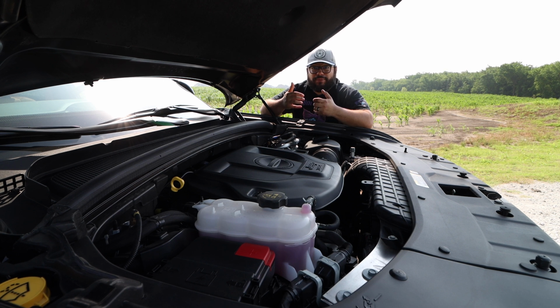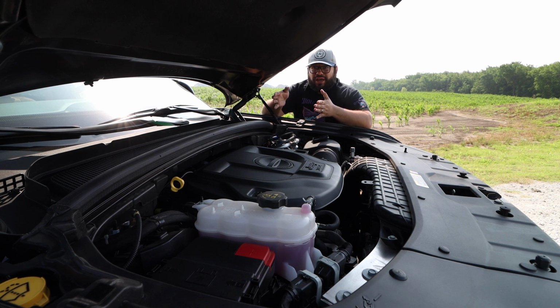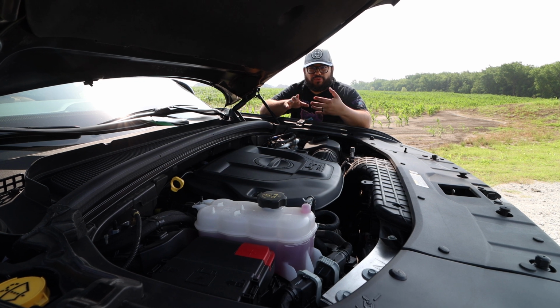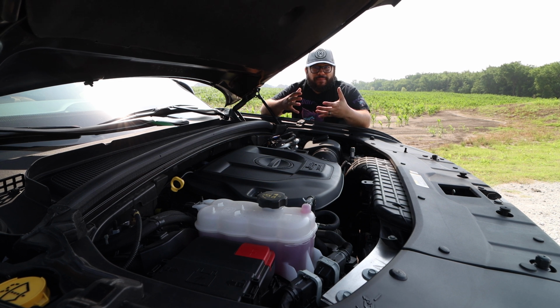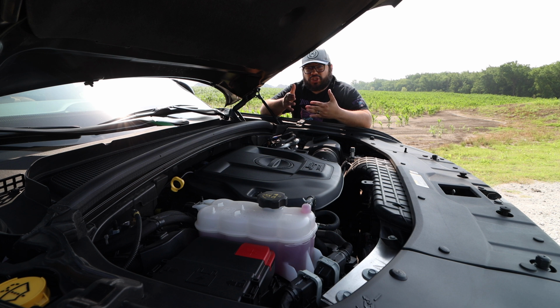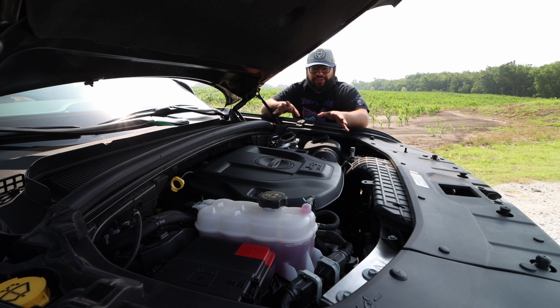And then I saw myself, with that small delay, having to accelerate later, and if I had a car in front of me, I then had to hit the brakes. So it was a significant delay with that throttle. And it wasn't just like an eco mode where little throttle inputs it won't recognize. That's not the case with this. It's actually recognizing the amount of throttle I put in, but then responding to it later and maybe a little too aggressive, or maybe I'm having to compensate for the lack of it and then being a little bit more aggressive. But it's just really, really weird how this is behaving with the transmission,